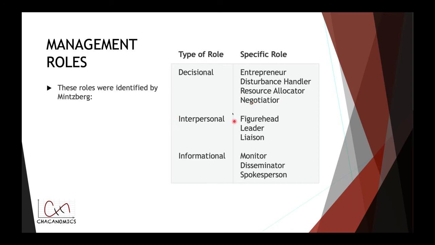Managers also have an interpersonal role because they deal with different people. So they have to be the figurehead, the example for their subordinates and everyone around in the company. They have to be leaders because they have to be able to make people do what they're supposed to do and to make them grow and work at their highest potential. And they work as liaison because they're responsible for the results of their teams. And they're the ones you can get in contact with when there's any problem.